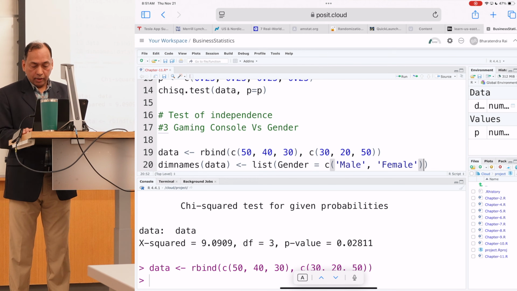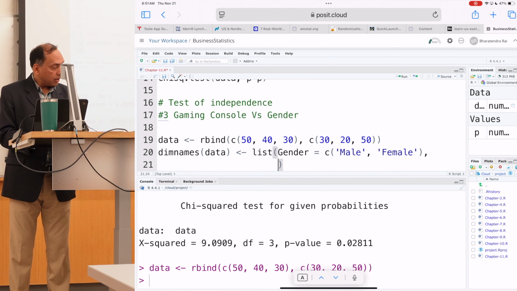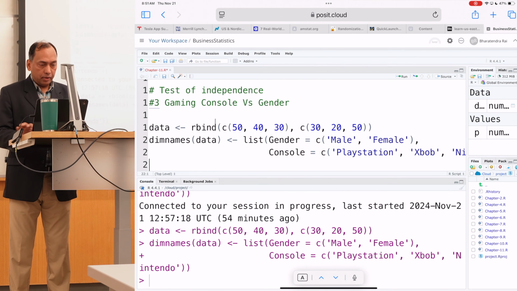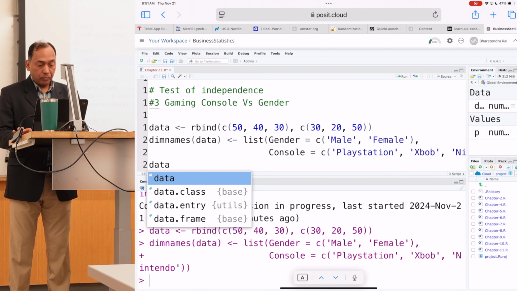And then I go to the next line and say console. First one, within quotes, "PlayStation". Second one is "Xbox". Third one is "Nintendo". Once I run this and type data and run,